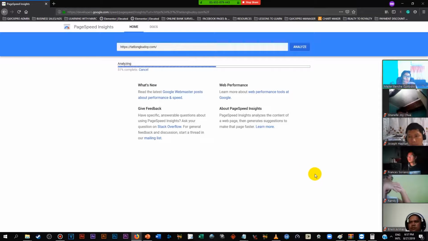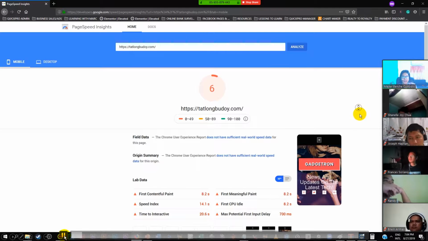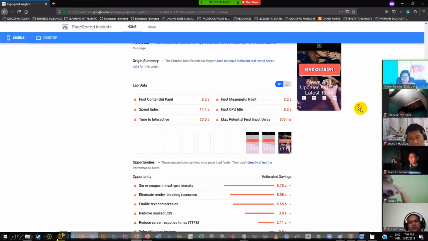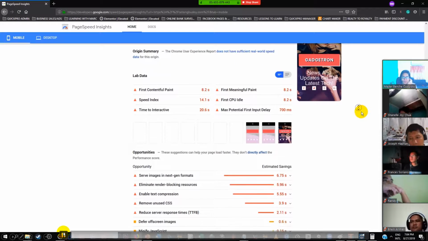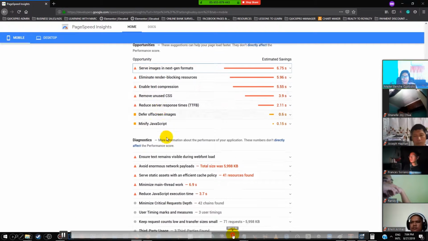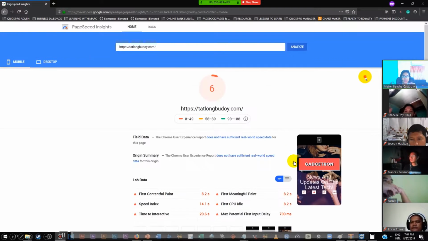This is not your actual basis, but I like this site because it gives you some hints and indications on how you can further increase the speed of your website. So, as you can see, after searching the results, the first score is 6 on the mobile area, and there are some indicators. Those are tips. We can go through that later, one by one, as we proceed with our tutorial. And if you check the desktop, the score is 34. You will notice this going higher as we move forward.